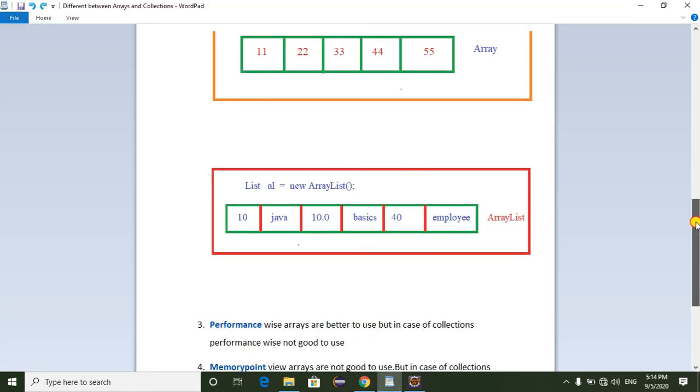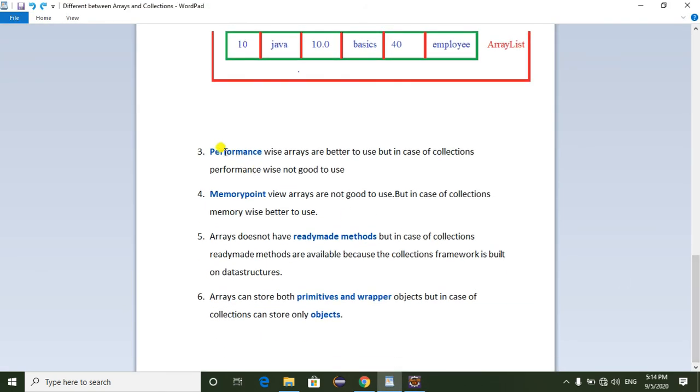Coming to the next point, performance-wise arrays are better to use, but in the case of a collection, performance-wise it is not good to use. Coming to the fourth point, from a memory point of view arrays are not good to use, but in the case of a collection, memory-wise it is better to use.